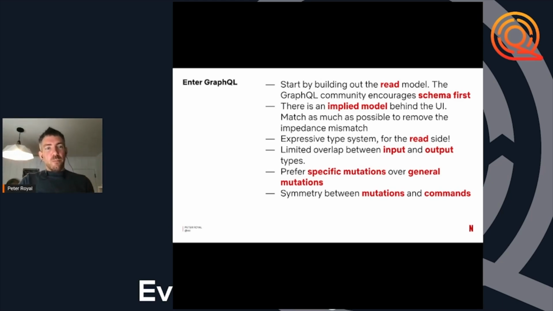This makes for a lot of symmetry between the way GraphQL wants you to structure mutations and commands in the CQRS sense, because those commands are now fine-grained commands that say, do this specific thing, that then let us have events that say, this specific thing actually happened. So we're starting to capture the intent behind the system rather than just the data itself.